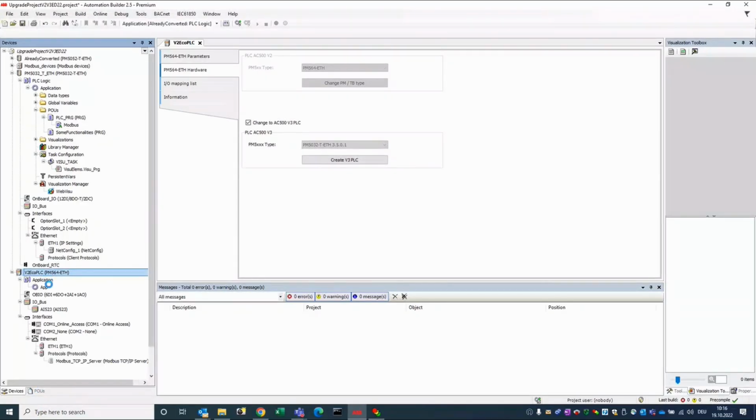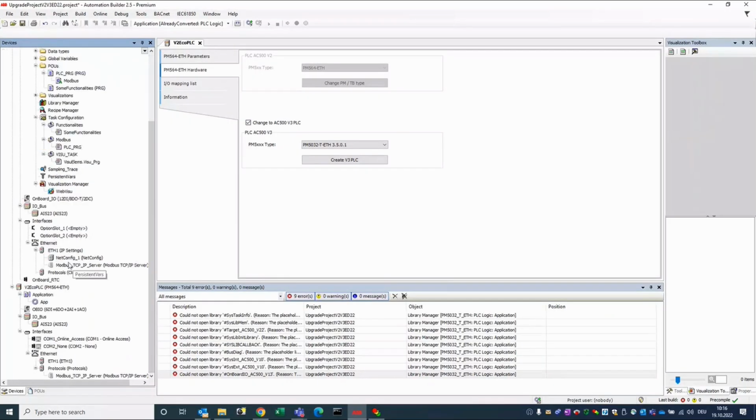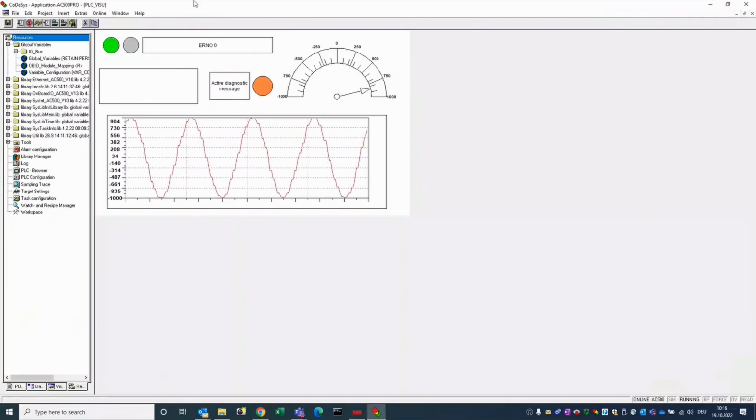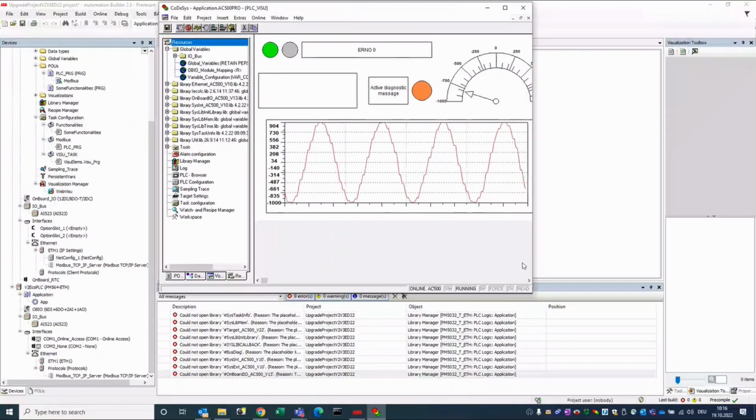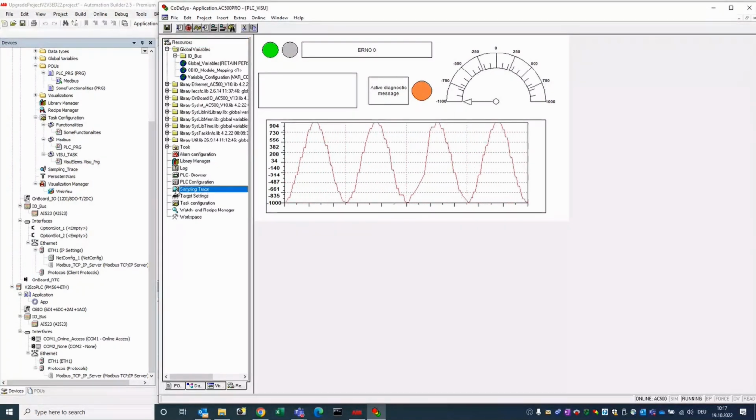And you can also see here that now the PLC is more or less loaded. So here is now my new V3 PLC, which has more or less all the functionalities inside which were in the V2 PLC. So one thing to know: in V2, there's automatically this alarm configuration or the trace element or the receipt manager inside, and it's only